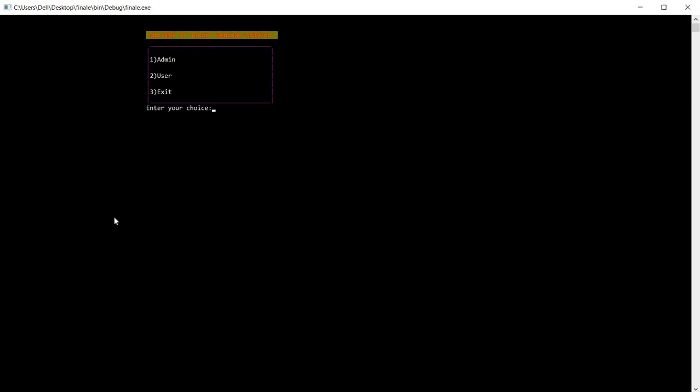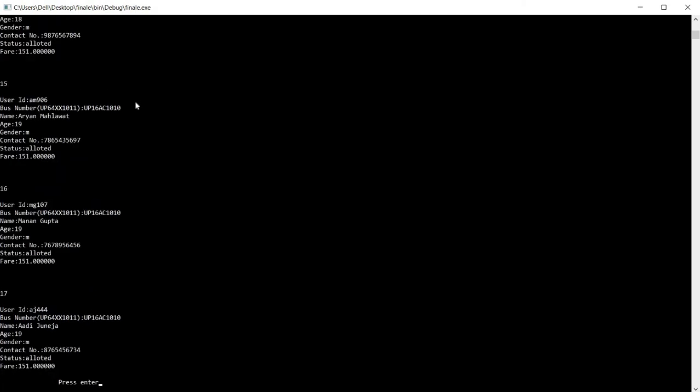Now let's go in the user menu. So we have here 4 options: the new user menu, old user menu, back option and exit option. So now let's try what I was saying. I'll go back in the admin menu, admin system, the passenger info.